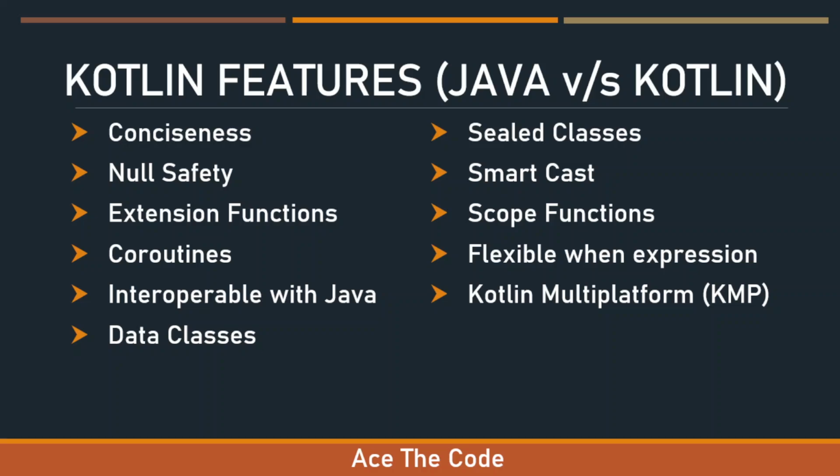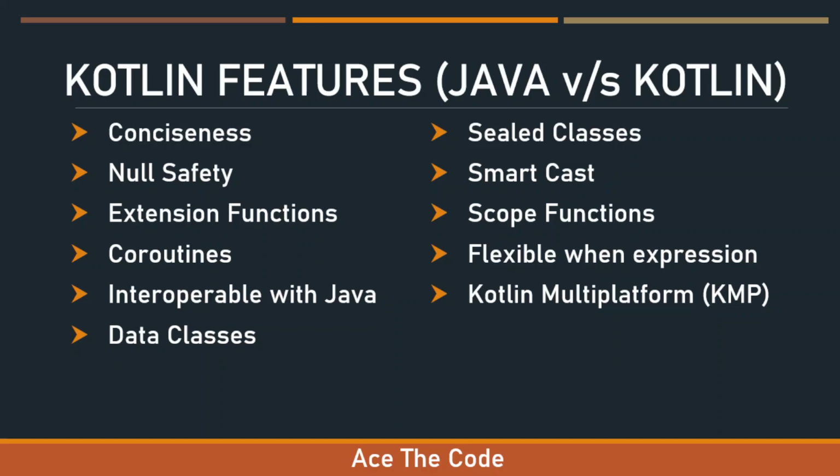Another important feature, we have sealed classes in Kotlin. We can create a class hierarchy which is restricted. Restricted means that there cannot be new inherited classes at runtime. All the subclasses of a parent class are known at compile time itself, which helps us to a great extent in many ways. There are a few useful use cases of sealed classes that we are going to discuss in detail.